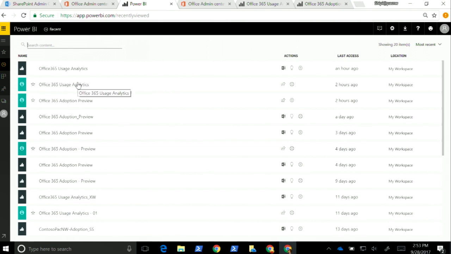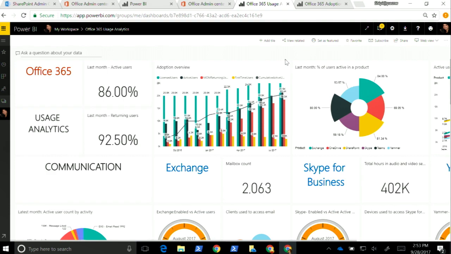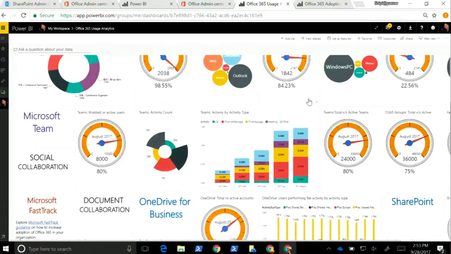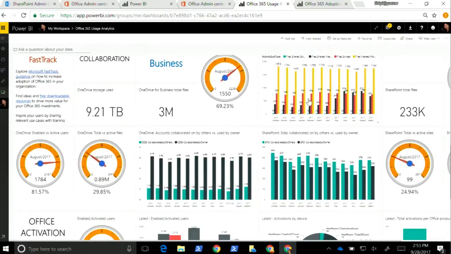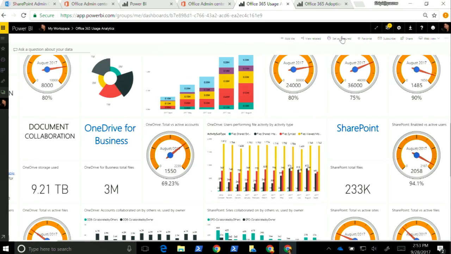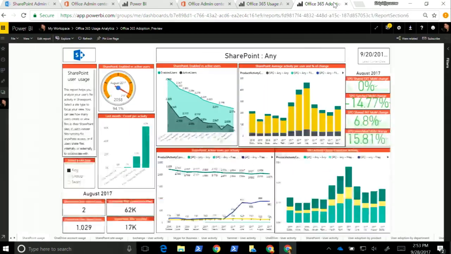So to the dashboard, where when I click on the Office 365 Usage Analytics, it will take me to this rich repository of reports across various services within our organization. Now a report reader administrator would essentially be looking at these reports, and I could quickly dive into them as a SharePoint tenant admin, or if I want to present an overview of how my SharePoint tenant is doing in terms of adoption, I could then create these reports